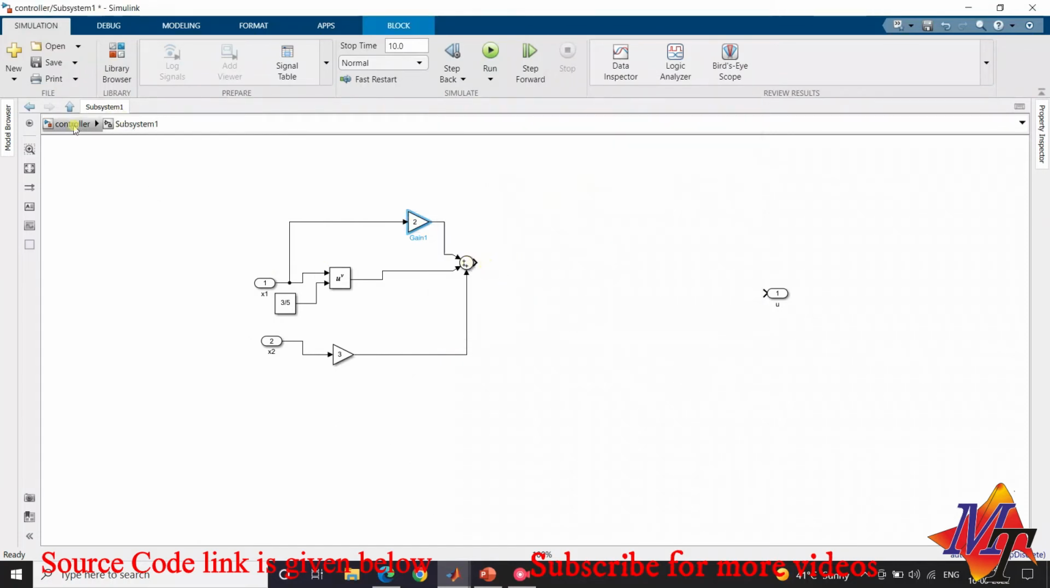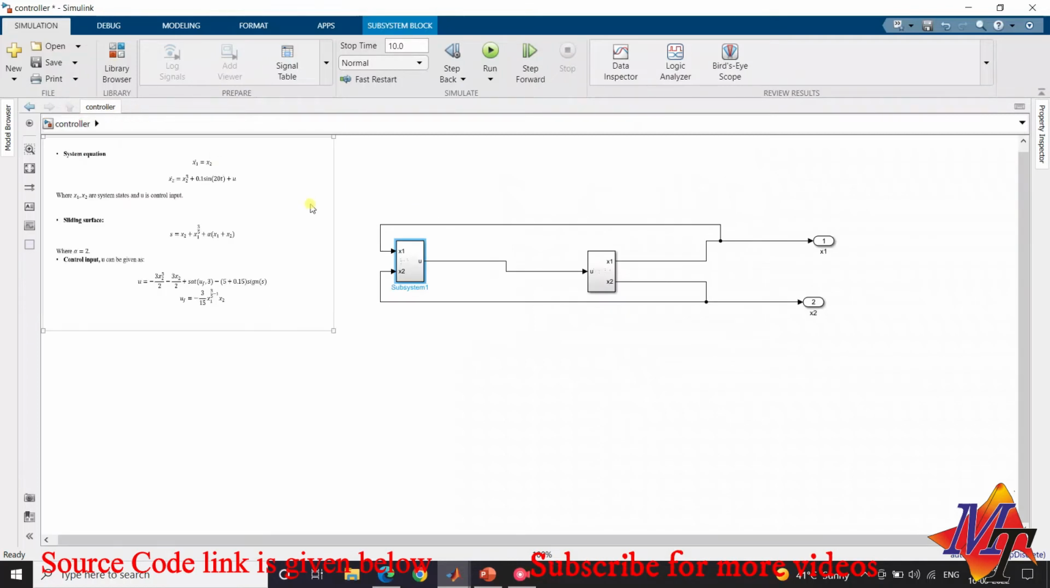We'll change it to 2x1. So now the output here is the sliding surface. Now for the system we need control input. For that we will have minus 3x2 cube upon 2 and minus 3x2 by 2. Firstly we'll design this,